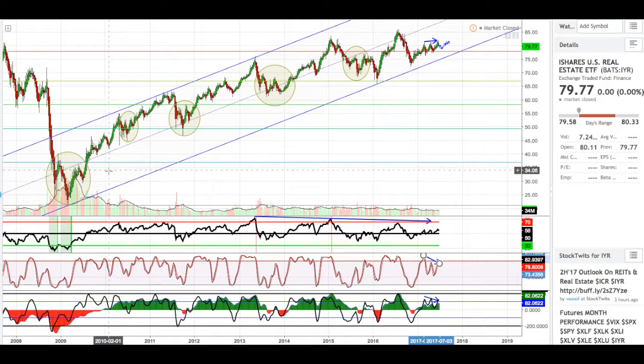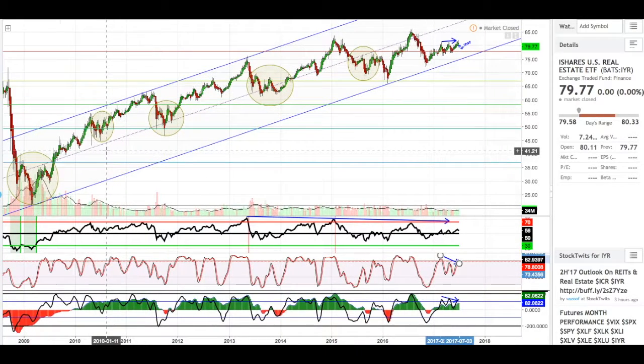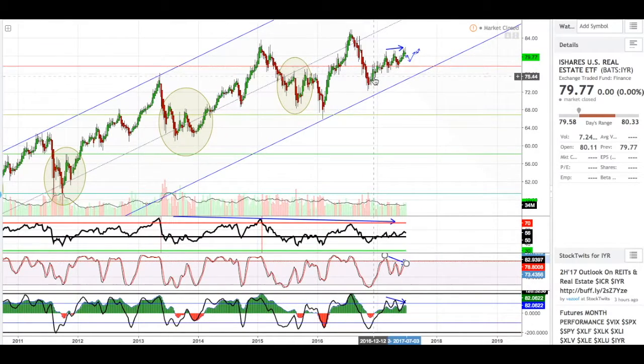And the second thing I wanted to note was that it often makes head and shoulders bottoms, which I've found five of here in the chart over the course of the last 9 years or so. So we've got a left shoulder, head, right shoulder, and so on, five times. And I'll be interested to see if a head and shoulders comes about at any time over